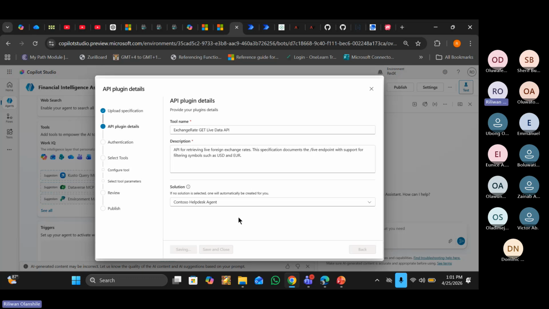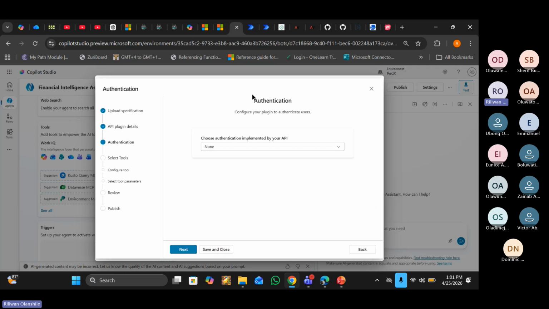So please remember I said that it is very, very important that you are able to read. It's not just about, yeah, I want to build an API. What API do you want to use? How have they configured that API to work? So you need to be able to read documentation. That's also very, very important.